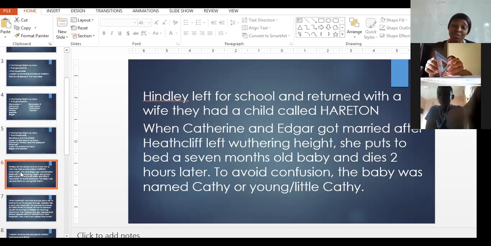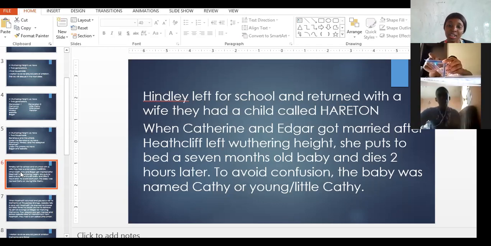And in the process of running, both Isabella and Edgar came out, and the maids and the servants noticed that it was Catherine from Wuthering Heights. But because Heathcliff was badly dressed, he had to run away, and Catherine was brought into the house to be cared for. Eventually, after some days,